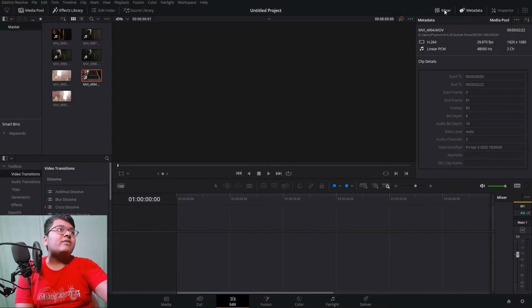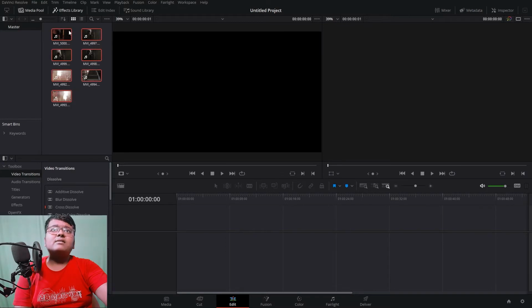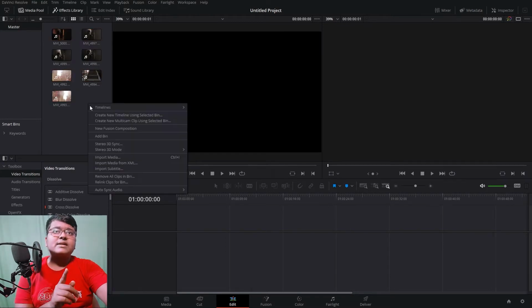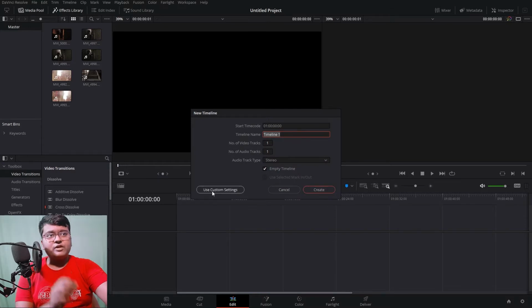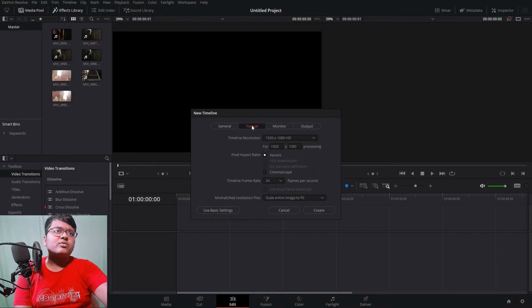Okay, then we have the mixer. Then we'll drag all the footages. Before dragging it, let's create a timeline over here. So right click here in the media pool, hover over timelines, and then create new timeline. If you want to use the default settings, you can, or else you can click on custom settings and go to format, and here you can choose whatever resolution you want. 8K is not possible on my computer, so I'm just gonna do 4K, and okay, 4K will be too much.